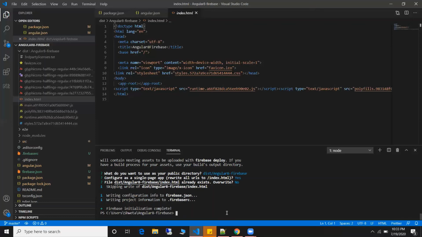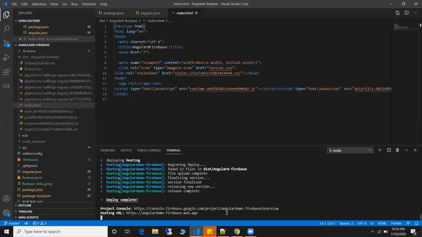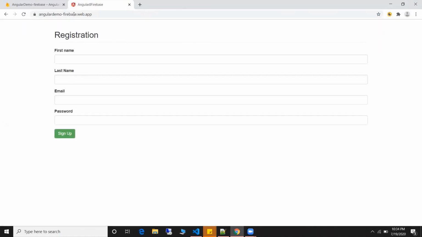Type firebase deploy command. Enter. You can see here it has provided us a hosting URL. Just select this URL. You can also control and click. Great. So now my project is